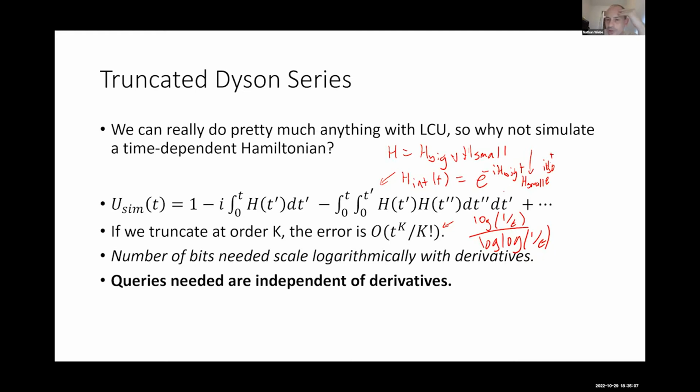And because the cost of the simulation depends on the integrals, not the derivatives of the Hamiltonian, these massive derivatives that we get from this ridiculous rate of spiraling from the H big at the top don't affect the complexity. And so what this allows us to do is take advantage of structures inside the particular problem. If we have terms that are really big, we can use this approach in order to be able to